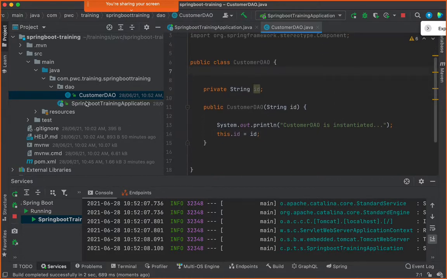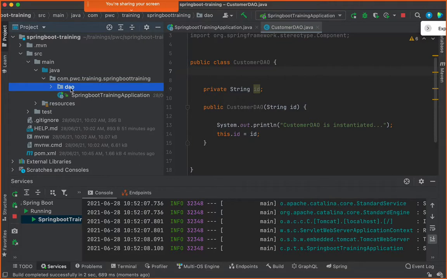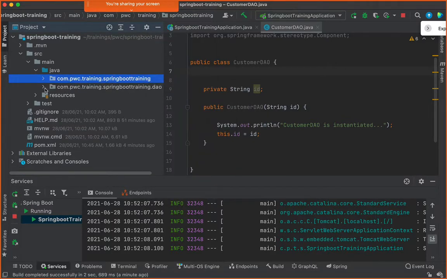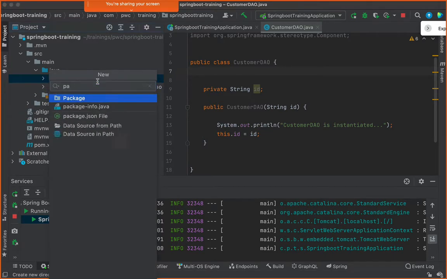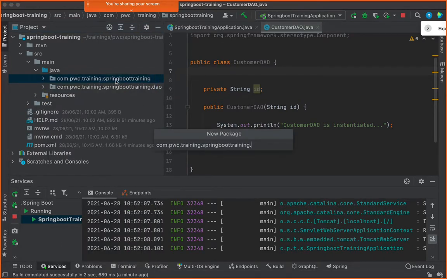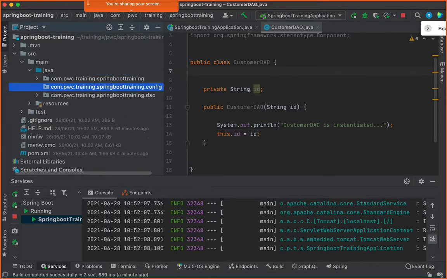So what I'm going to do, I will create another class here. I like this flattening of the packages, this is cleaner for me to look at. Now I'm going to create a package. Again, all the packages must be within the Spring Boot training package, and I'll say config. What is the name of my package? Config. Well, it can be anything, but this is the naming convention.